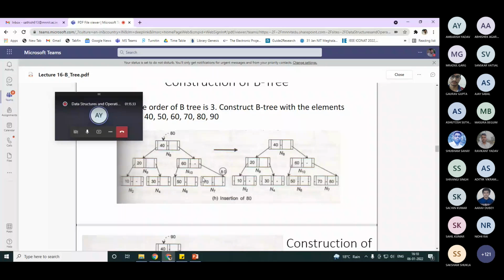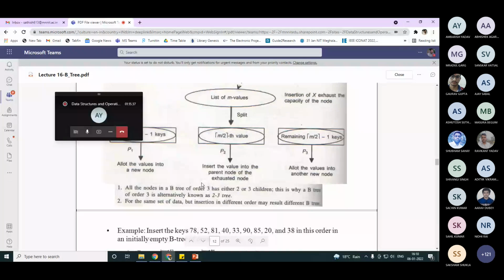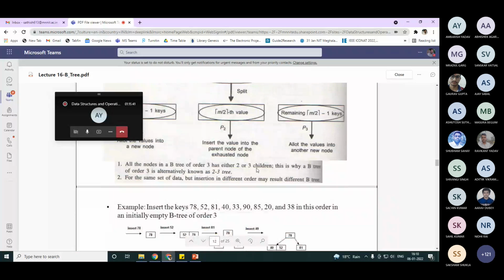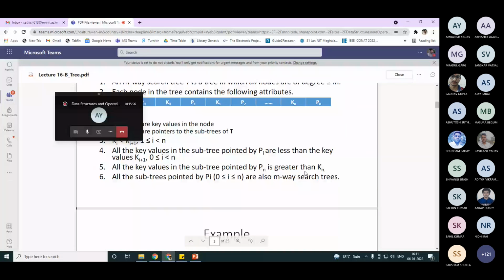So for the same set of data, a different order may result in a different B tree. Likewise, when you are deleting also, the same principle applies. How you insert may result in a different B tree, and deletion will also create different orders. However, we are trying to preserve the properties of B tree.